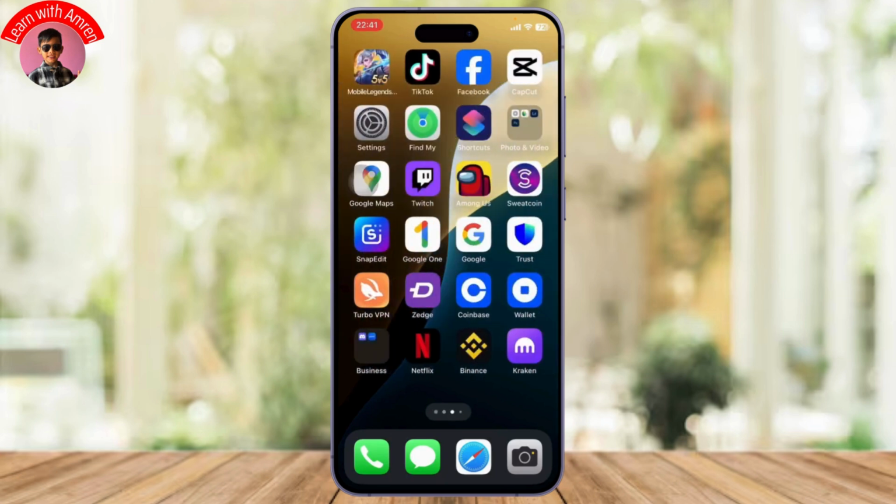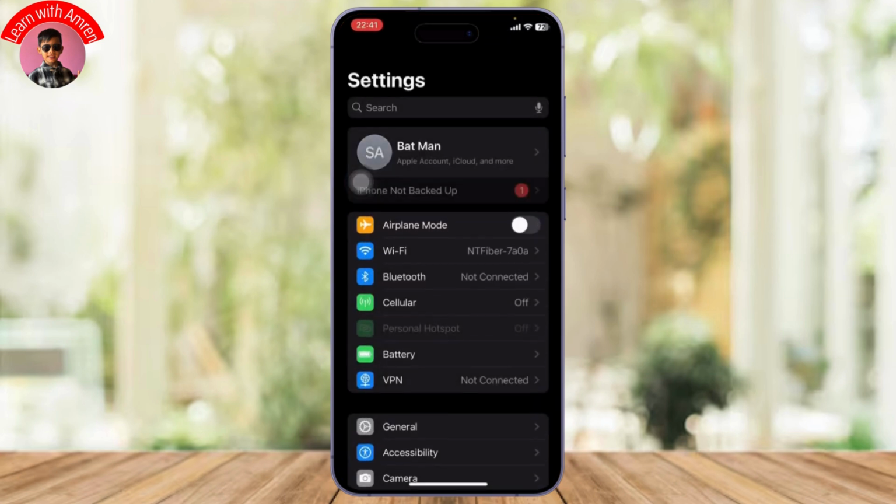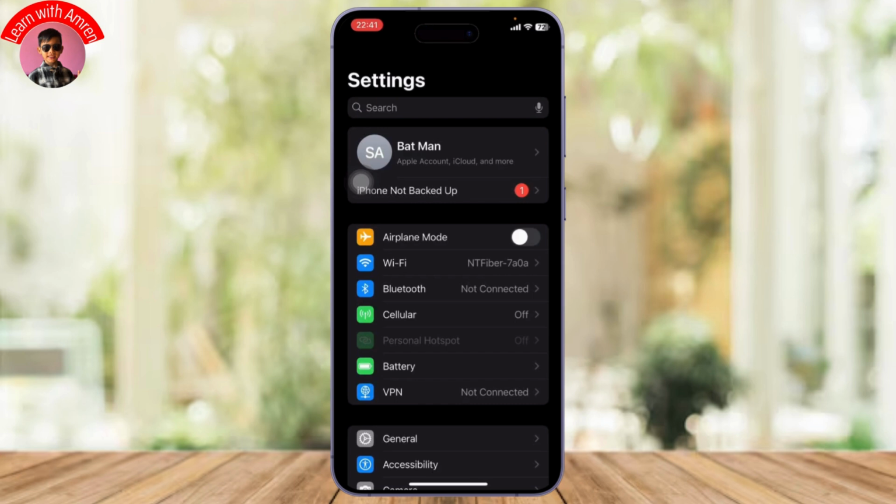So now what you'll need to do is go to your settings. Now, after you're on your settings, you can just turn on your airplane mode and turn it back off. Now, this is a really simple trick, but it does work, and try to connect to your Wi-Fi and use